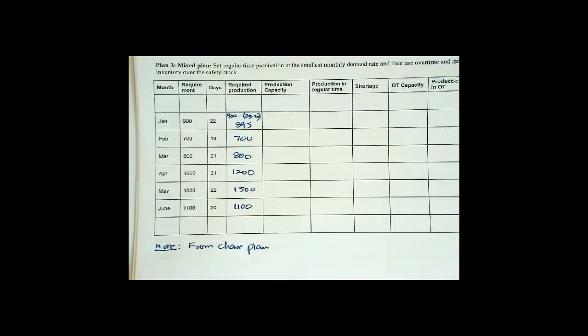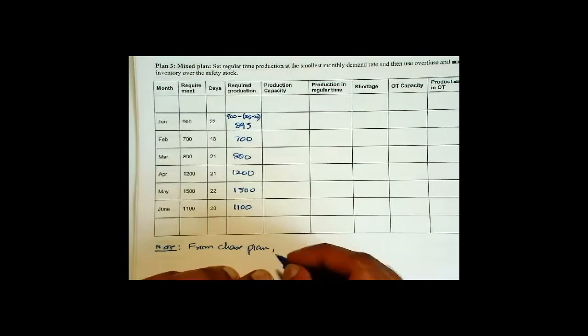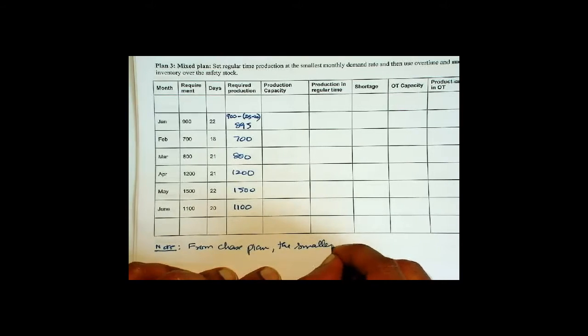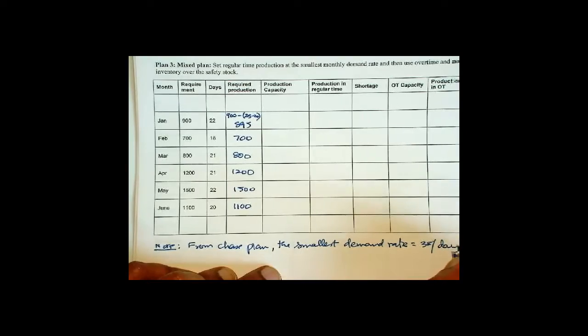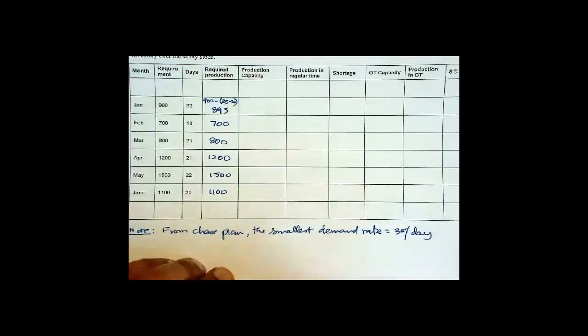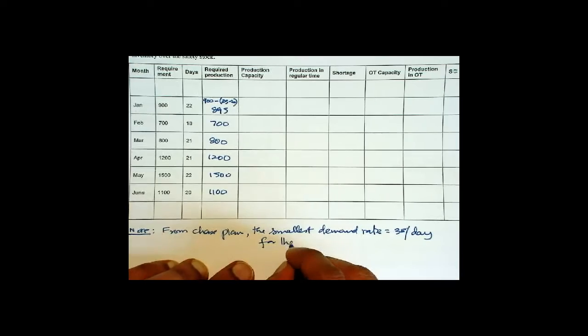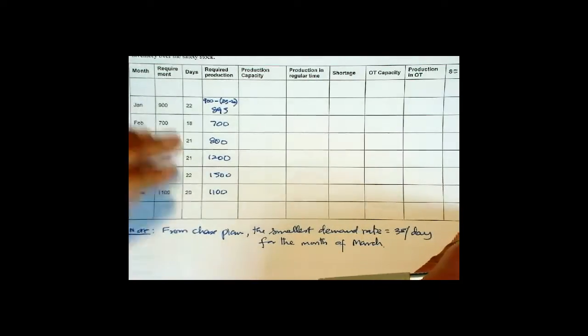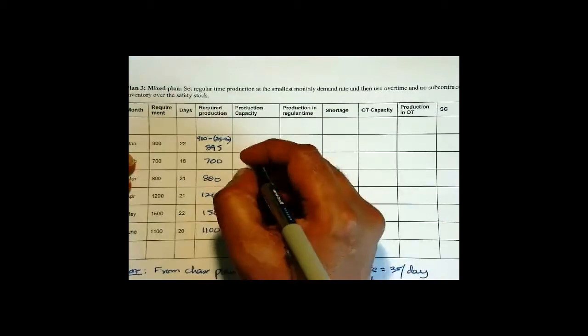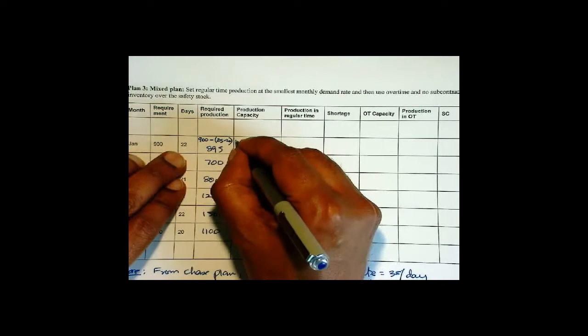So from chase plan, the smallest demand rate is equal to 38 per day, okay, for the month of March. So now we're going to multiply 38 by